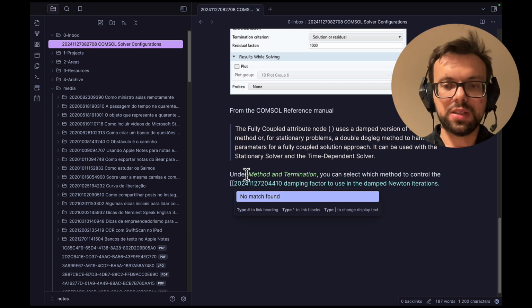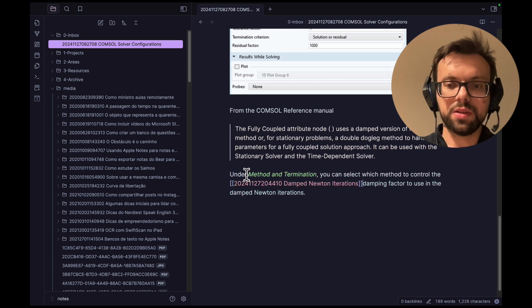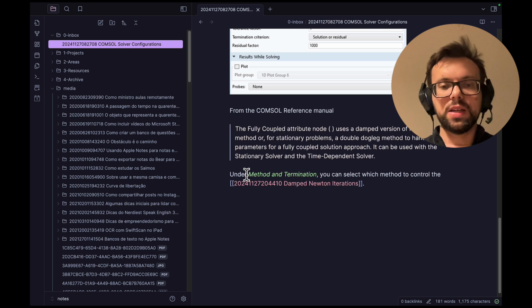So I would say something like that to control the damped Newton iterations. And I can, so what I did here is, in Obsidian, if you create something like bracket and some text,